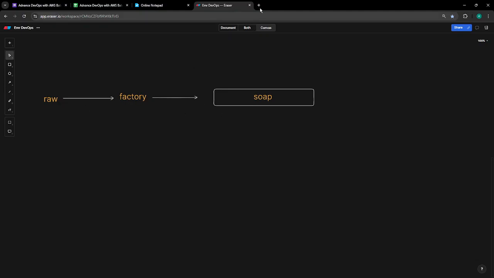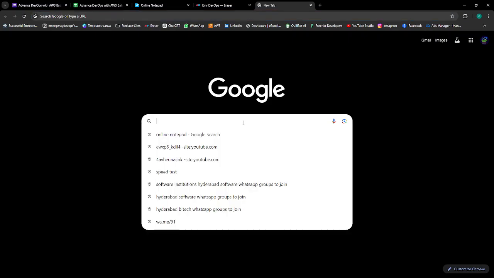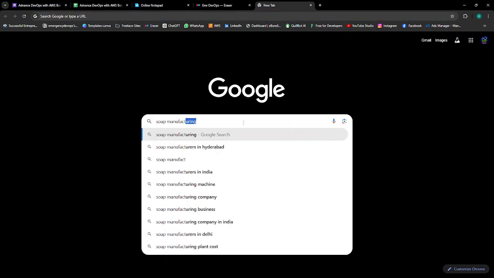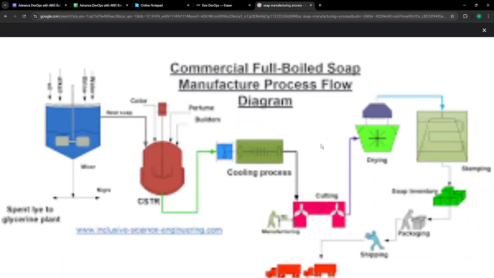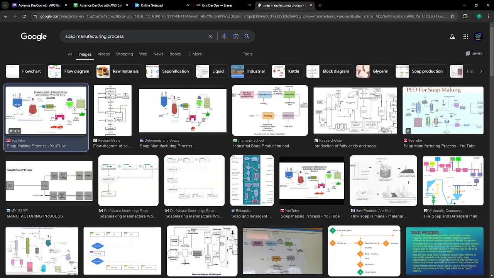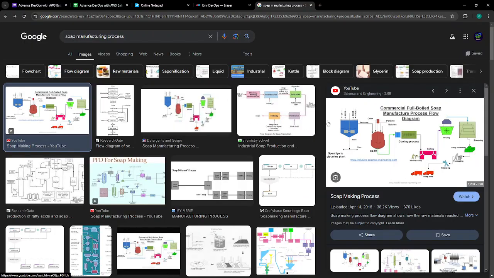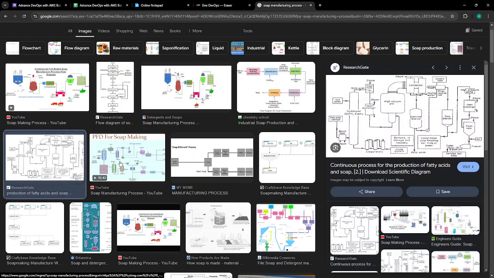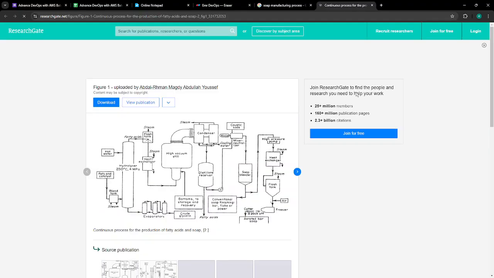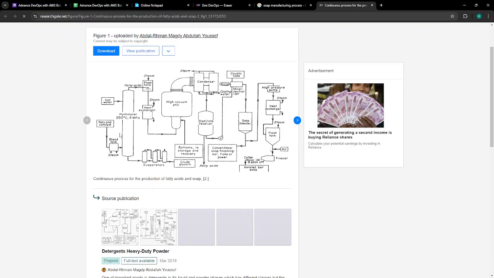To understand this process, I'll go to Google and search. You see this diagram.